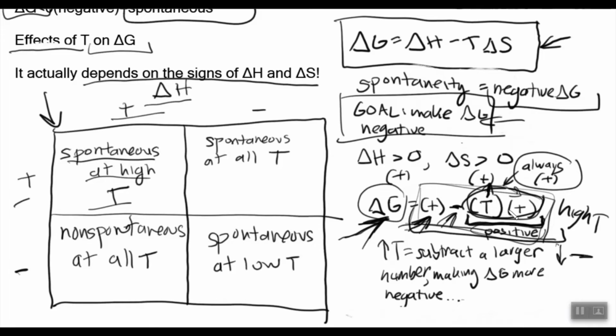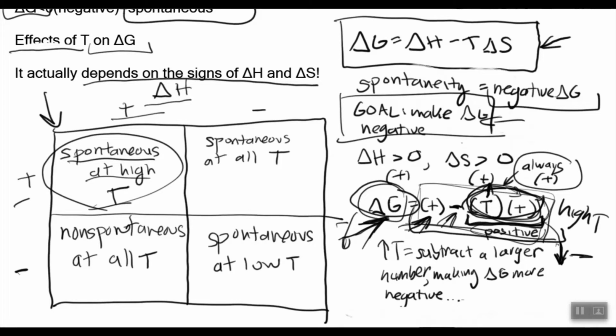So by making T larger, you're making this term bigger, you're subtracting by a bigger number. So you're going to get a bigger negative number the more you increase T. And this means that our ΔG will also do the same and become more negative. So look at that. We just proved that at high temperatures, the reaction is spontaneous since it has a negative